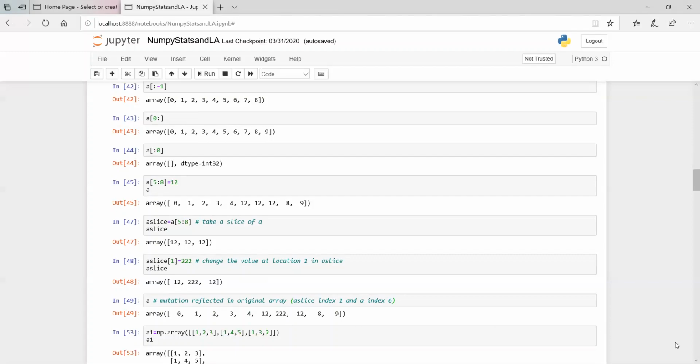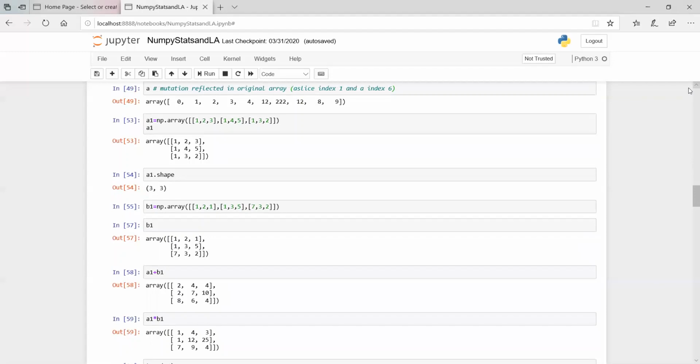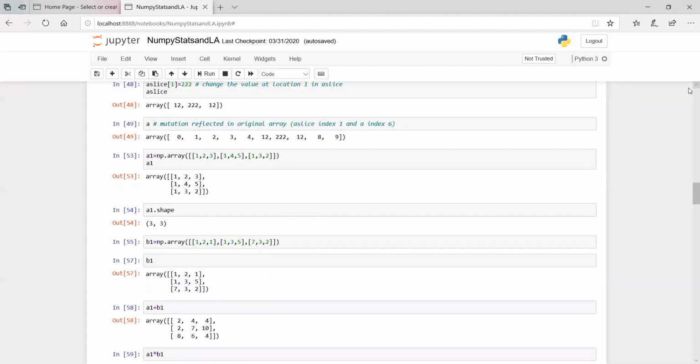Okay. So next we will move on to creating multi-dimensional arrays, say A1 and A2, and will perform certain basic operations on those. Now in this A1 array, I'll create a simple array which is a list of lists being passed to create a 3 by 3 array. So we have the A1 array, and if you look at its shape, it is 3, 3. Similarly, I'll create another simple array with all integer elements, that is B1, using NumPy array, and that B1 has been created.